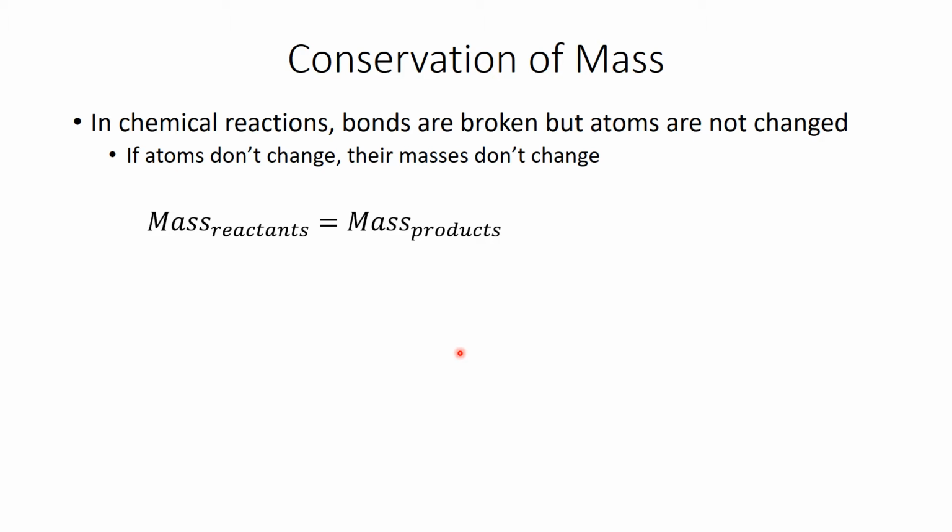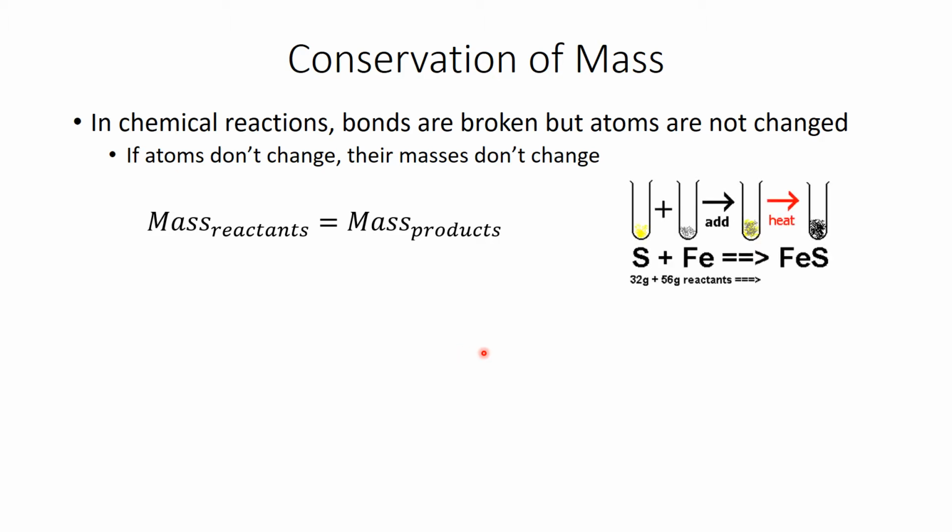Alright, so in a slightly different example, if you had sulfur, 32 grams of sulfur, and you mixed that with 56 grams of iron, and you added heat, you would end up with a product known as iron sulfide. Well, if you knew the masses of the substances that you started out with, you should end up with 32 plus 56 grams, and you should end up with 88 grams of iron sulfide. So it's always the case,